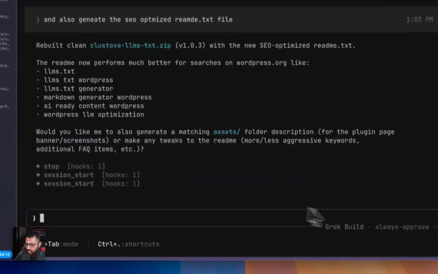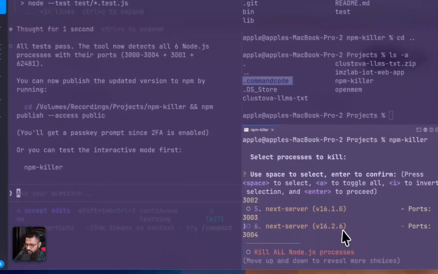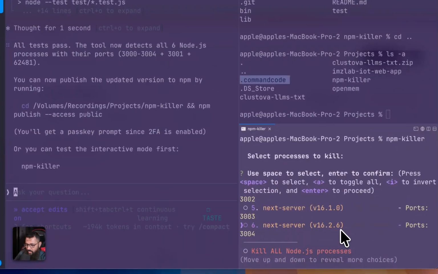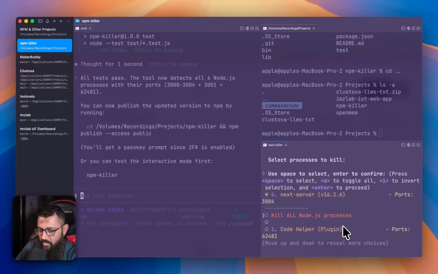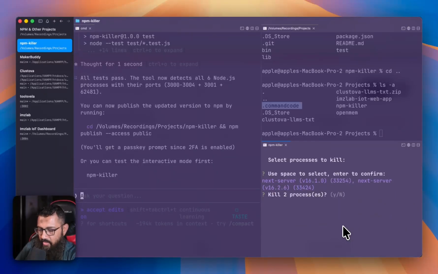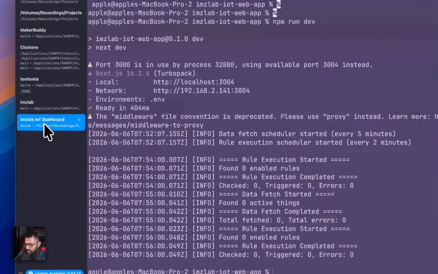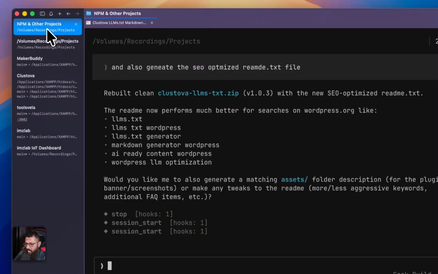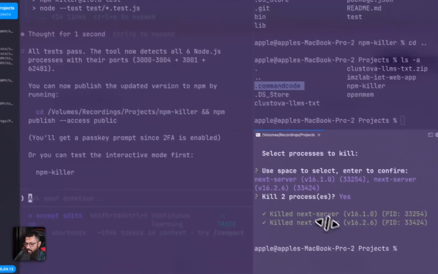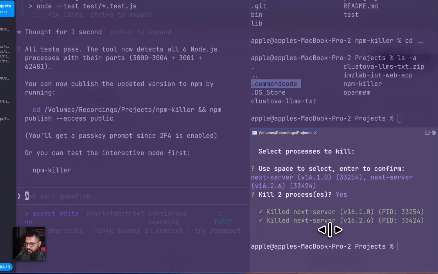3004. Okay, I'm just going to kill that server. Okay, select at least one process. Okay, with the space you need to select, again select, and we are good to go, man. Yes, kill 2 processes, and yes, now it terminated. Again, I see it terminated. And by the way, I love that it created a